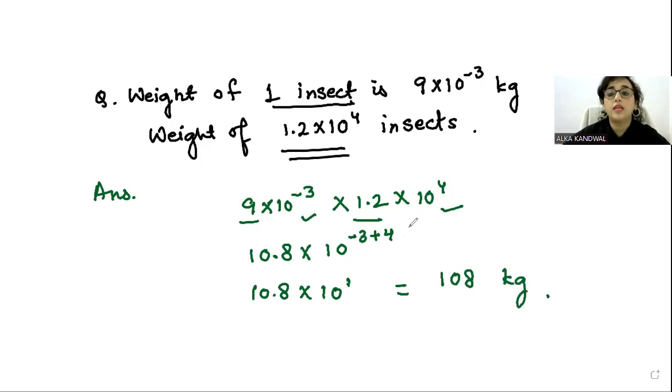So if we did not know these laws, we would have been solving this, solving that. So that is why the laws become very very important. Are you understanding? So while multiplying and dividing, we have to check whether our base is the same, and then we can have a clear picture of it.